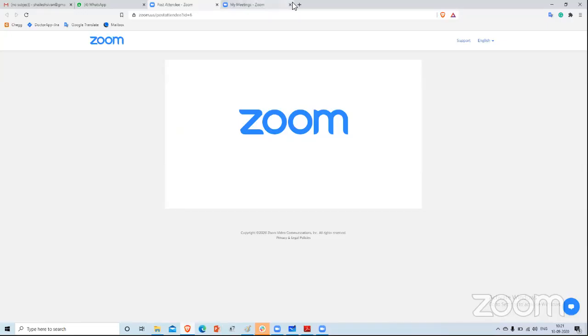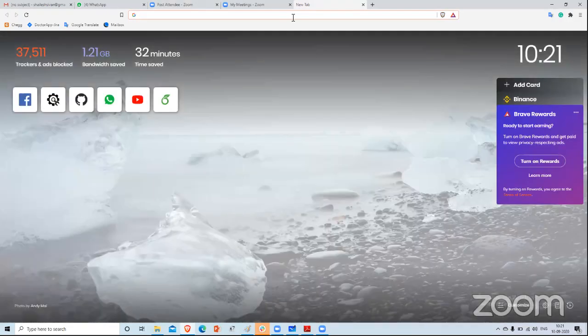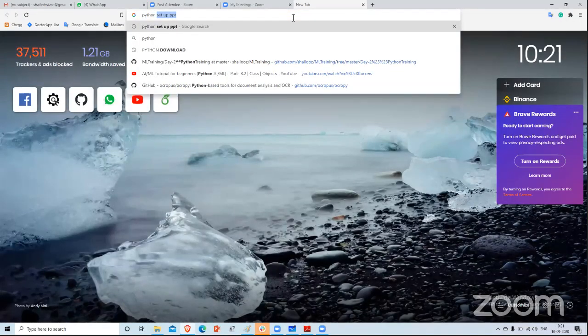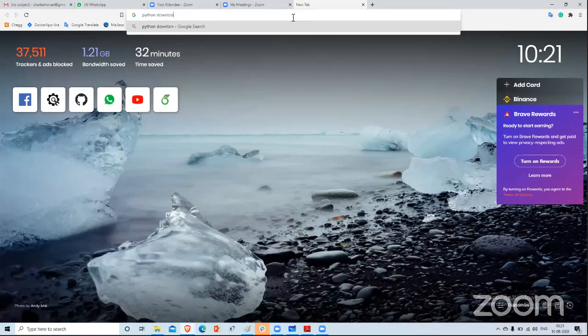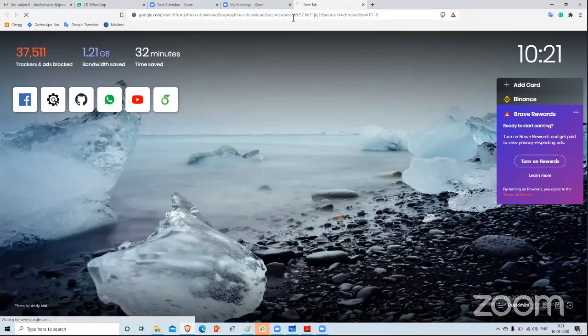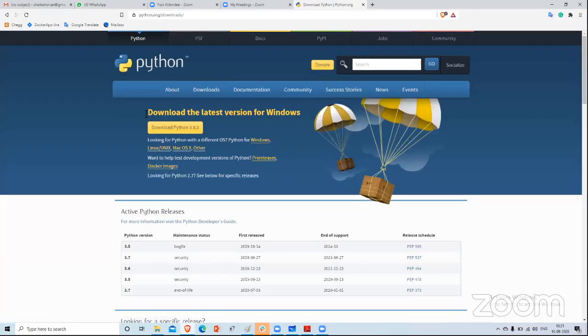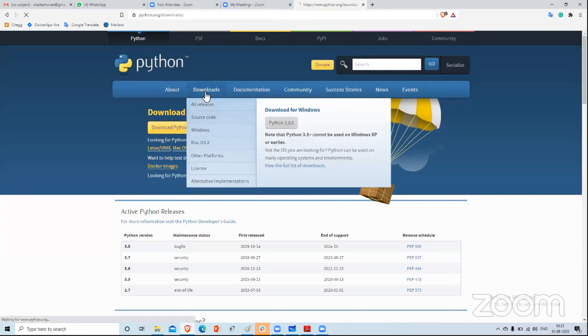First of all, you have to go to the Python website. Just search Python download in Google. Then go to the python.org website and you can see the downloads option.